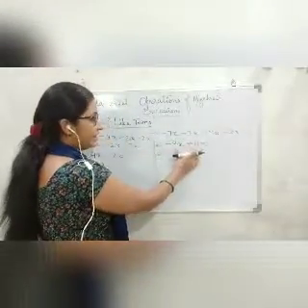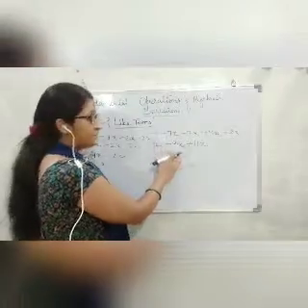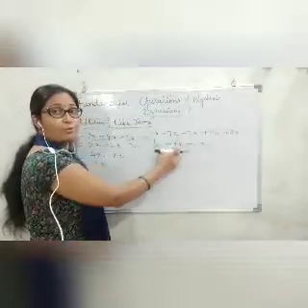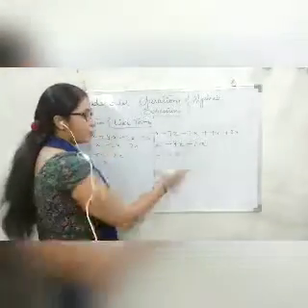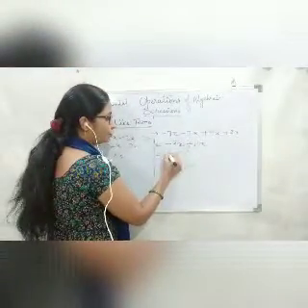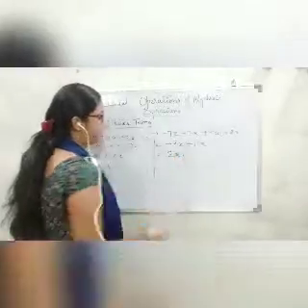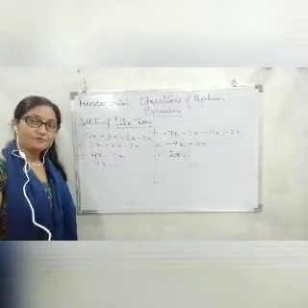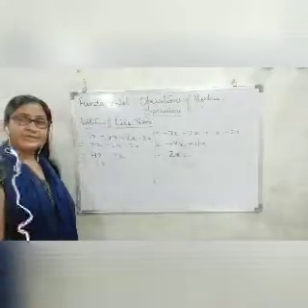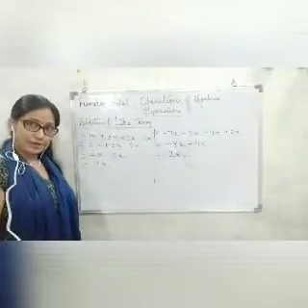So now two terms are left, 11x and minus 9x. This is negative and this is positive. When both are of different sign, what do we do? We subtract. So 11 minus 9 will give you 2 and the variable x. So this is also how you can do the addition of like terms. Okay.